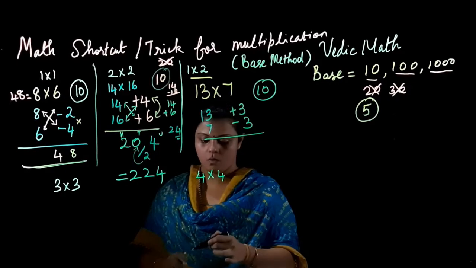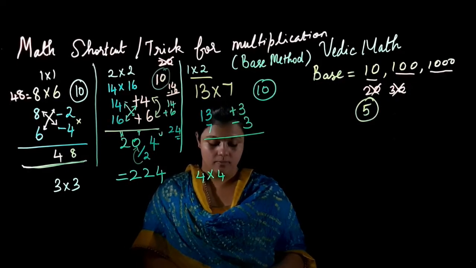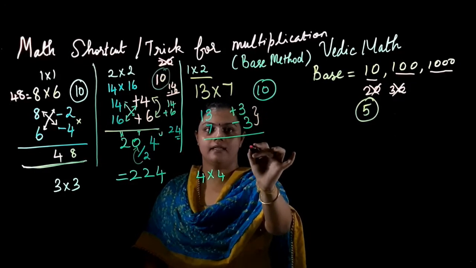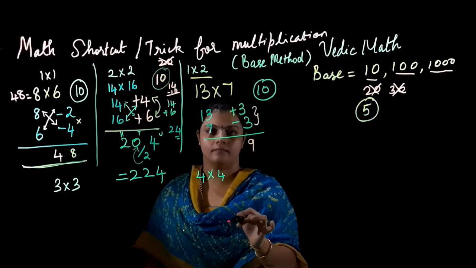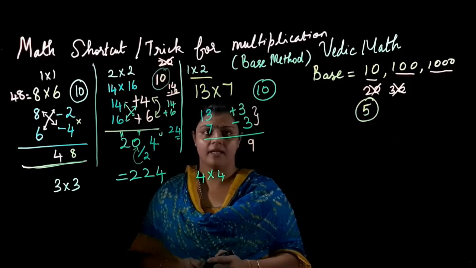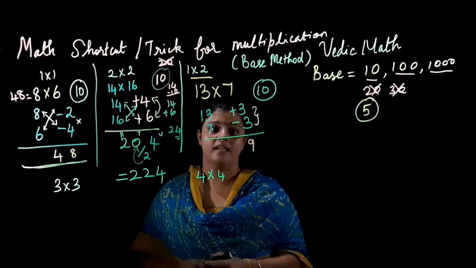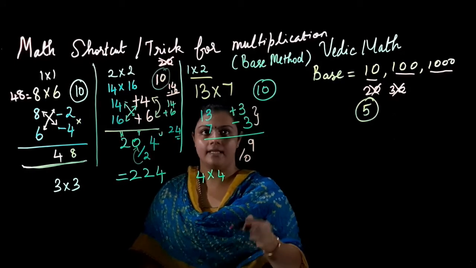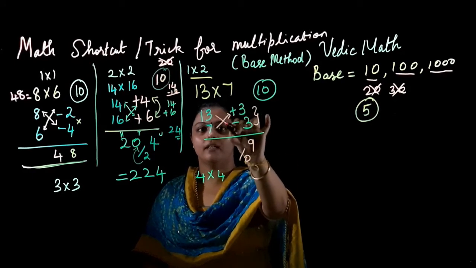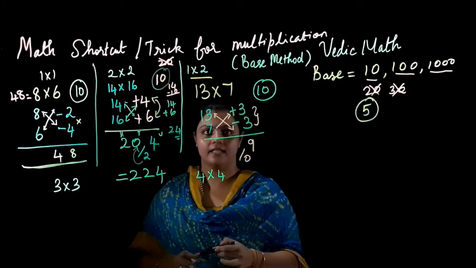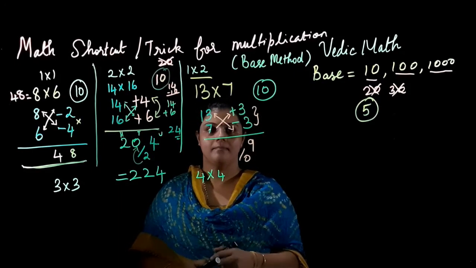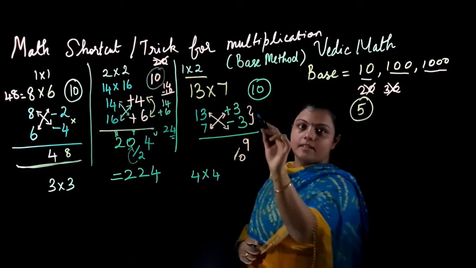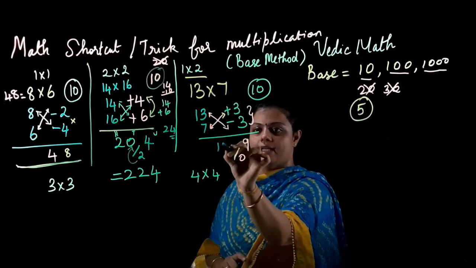So the units place is going to be a multiplication of these two units place numbers. So 3 3s are 9. Okay. So it is 9, which I am writing as such. You can even write it as 0 9, for your convenience. Then for the remaining two numbers, it is going to be done diagonally. Diagonally, it is 13 minus 3 or 7 plus 3. In either case, 13 minus 3 is 10 and 7 plus 3 is also 10. So I am writing 10 as such.